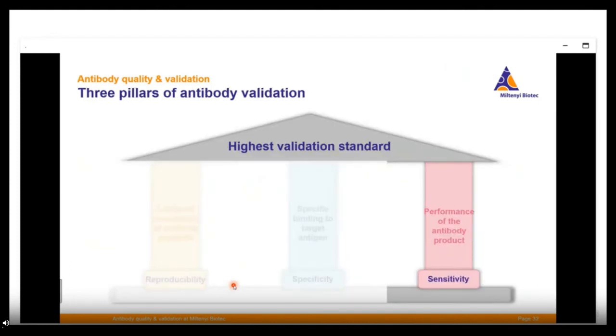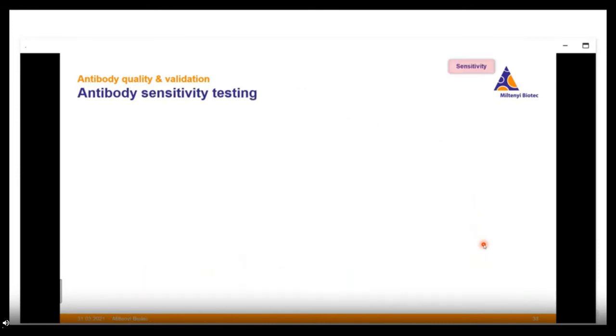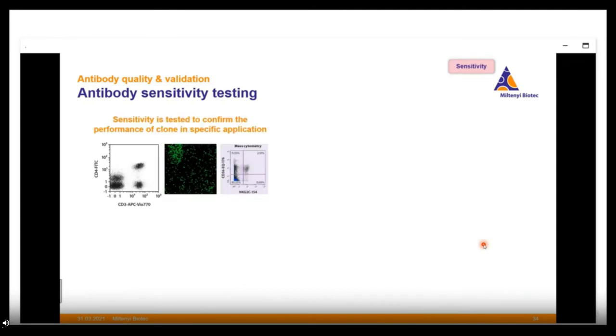Now the final part here is the sensitivity of the antibody. This basically means to check the performance of the antibody product in different scenarios to ensure that they are sensitive enough for different applications. And here I will show you some of the tests that we perform to compare the antibody sensitivity of our